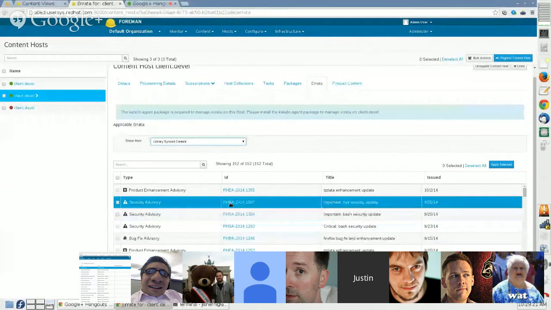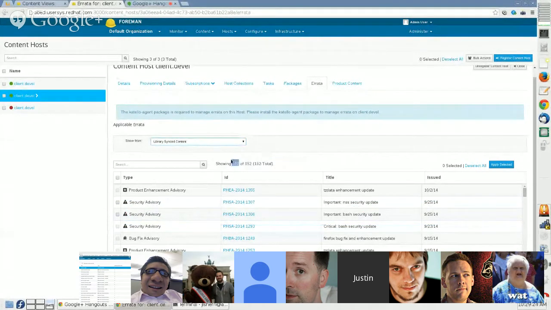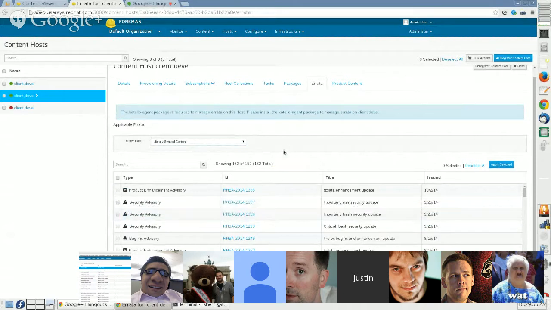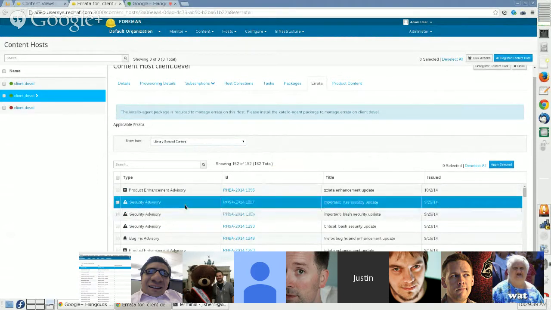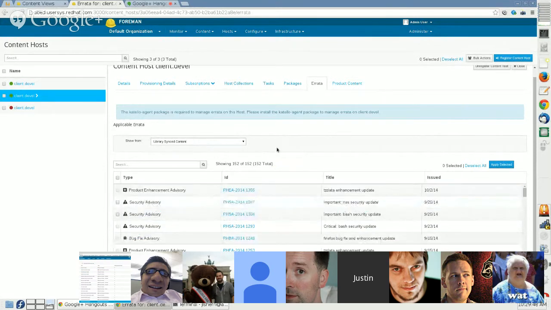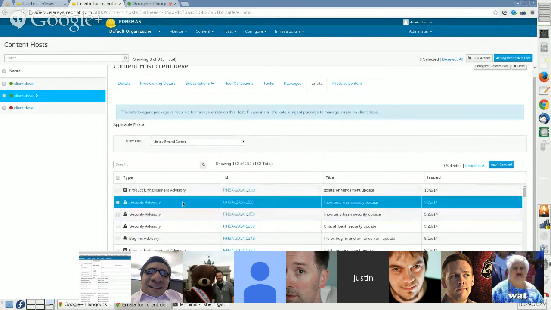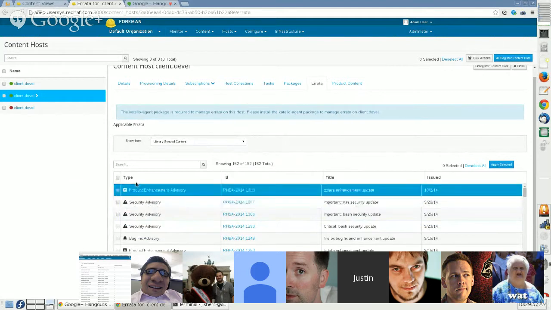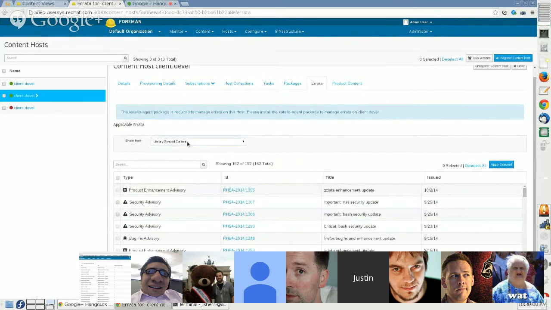Exactly. You can't. In fact, this page currently just shows all the errata. It's not paginated at all. It was difficult to paginate it before just because of the way we had to fetch the data from pulp. You basically had to fetch all of the data anyways and perform some manipulation on it. But we could turn this page into a paginated page and do sorting on the server. Right now, all the data is on the client, so it wouldn't be hard to sort. I was even thinking of some checkbox to say only show the available ones. I don't really care about what's already